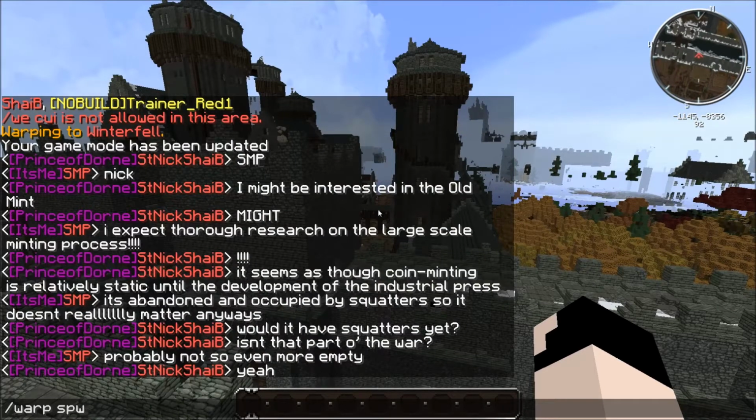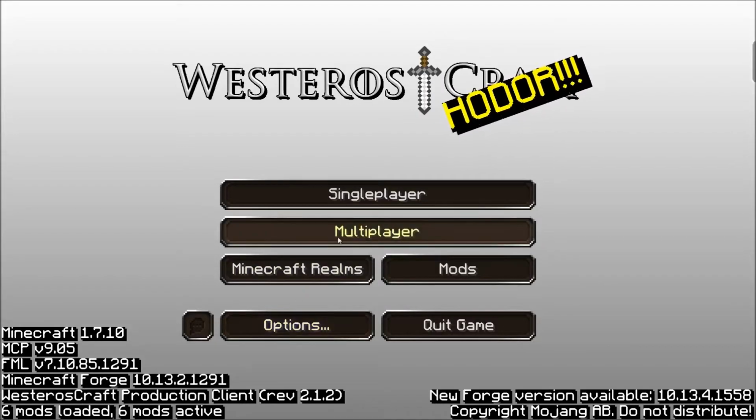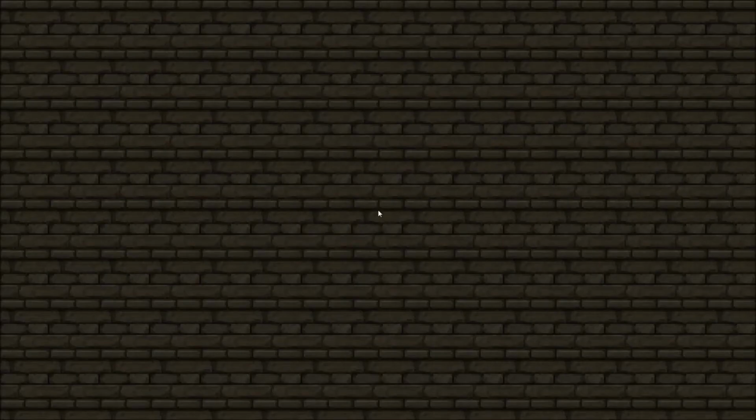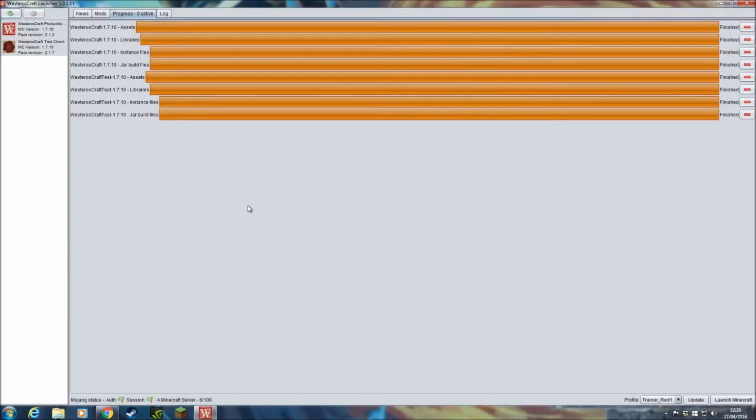Spawn. I can't spell Spawn today. I don't know what's going on with my fingers. Where was I? And of course it's run out of memory. Multiplayer. And it crashed! Hooray! But while we're relaunching it,